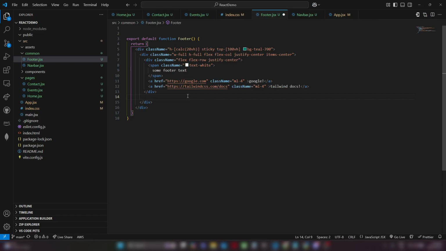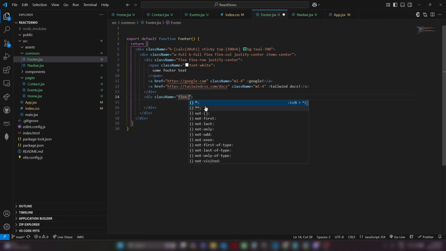So let's put that right there. We'll make this a div. Even if I'm just putting a single span, I generally like to put it in a div because when you're using Flex, the Flex system usually controls things inside of itself. A span, which has children of text, would control that, but I generally like to keep things consistent, just put everything inside of a div that I want to throw a flex box, and then whatever's inside of that, I apply classes that control them a bit more directly, and not their children as text or anything else like that. So here we're going to go flex row,